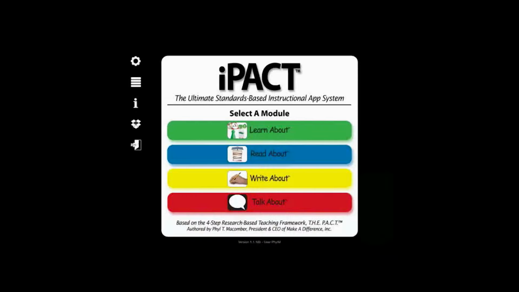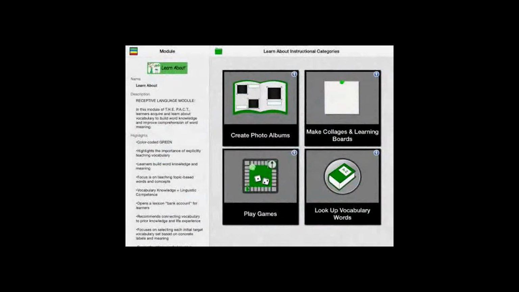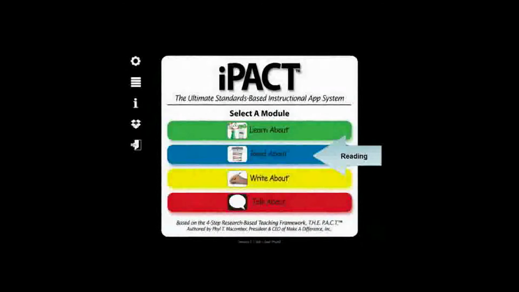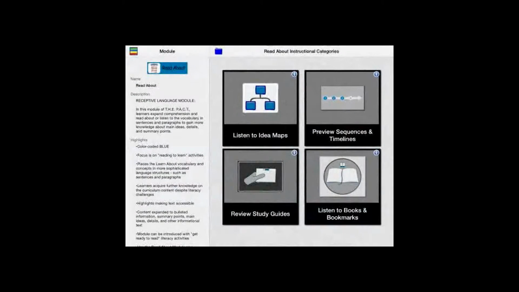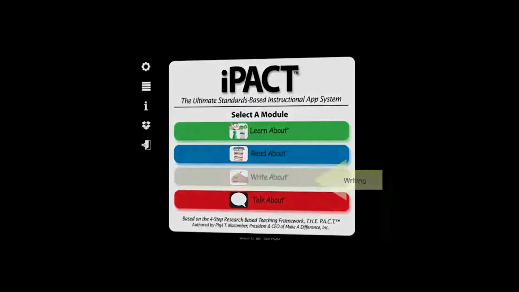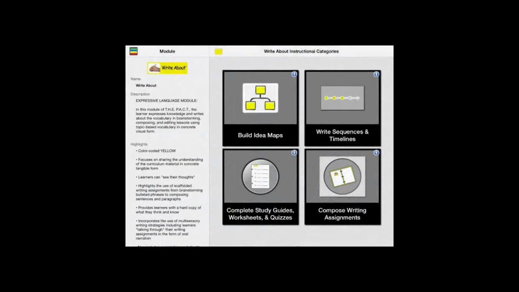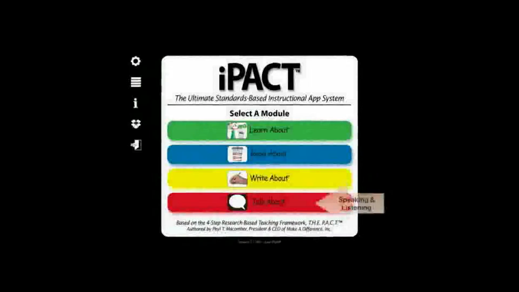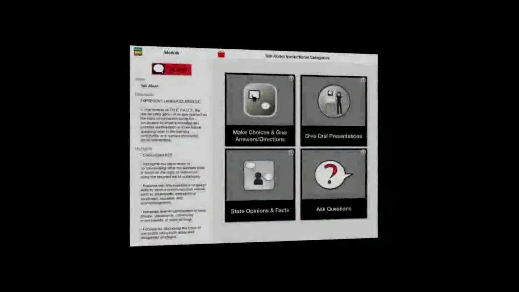The iPact offers a starter set of 205 instructional templates aligned to the Common Core standards in the areas of language, reading, writing, and speaking and listening.